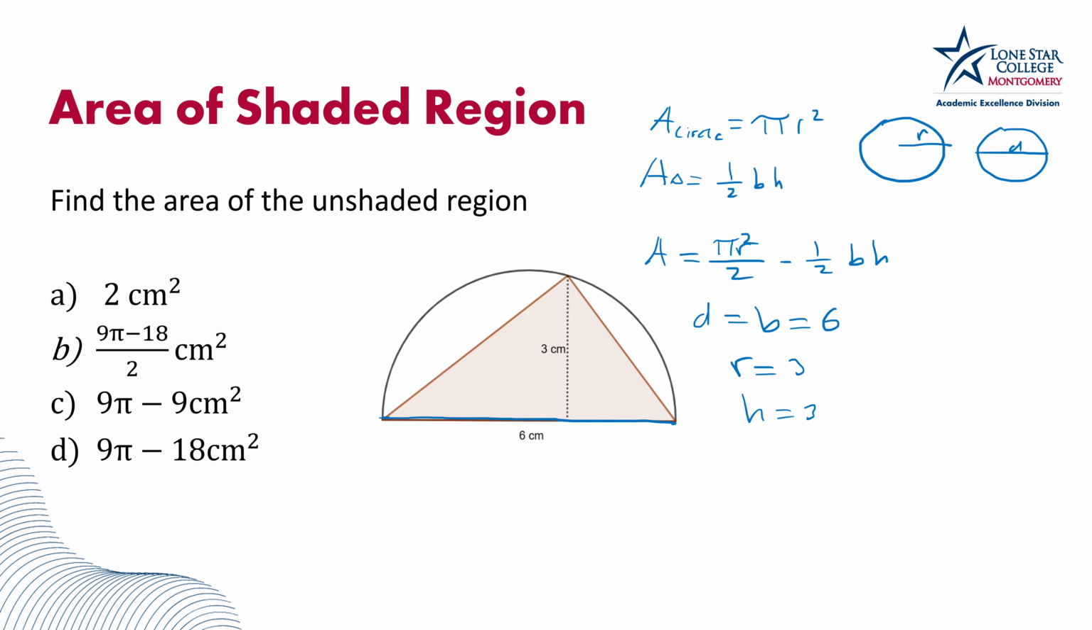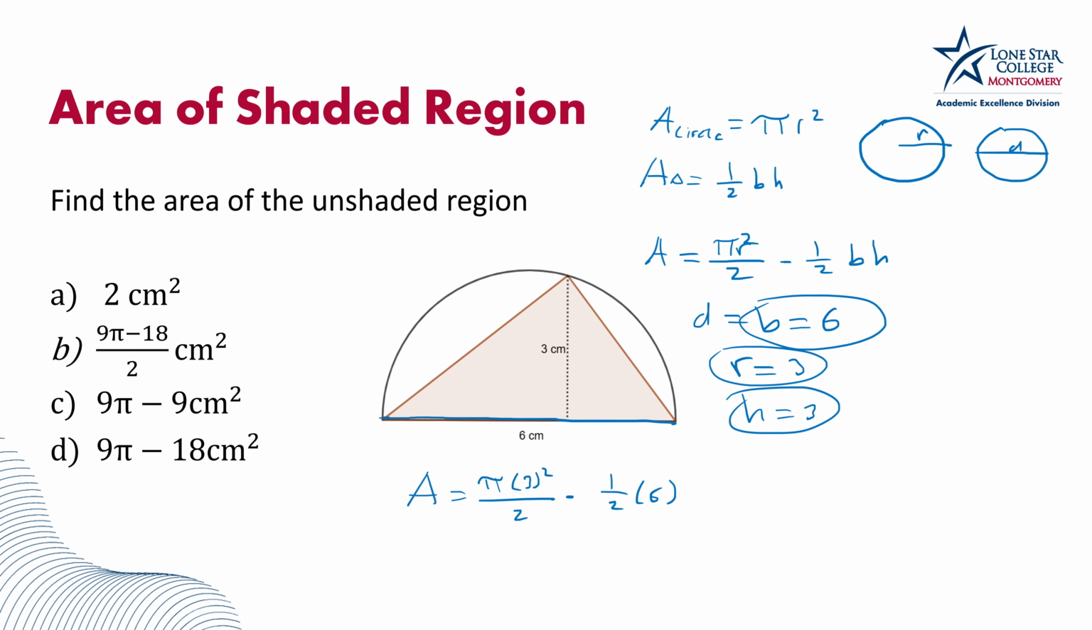So we now have everything we need to plug into our equation here. The area of the unshaded region would be pi times r squared, which is 3 squared, divided by 2, minus 1/2 times our base, 6, times our height, 3. If we simplify, 3 squared is 9 times pi, which is just 9 pi over 2, minus, so we have 6 times 3, which is 18, divided by 2, but we want to keep it as 18 over 2